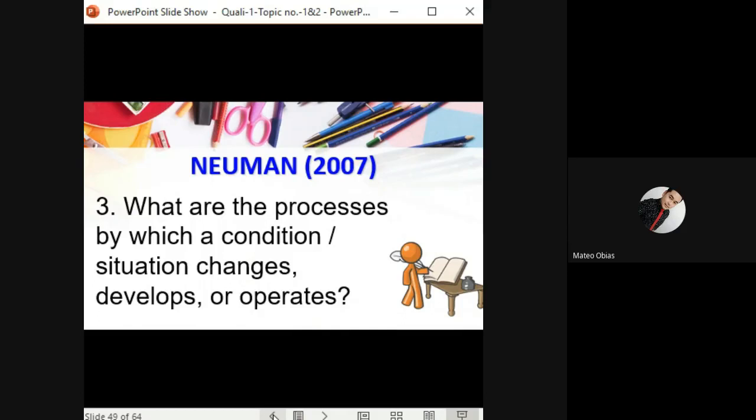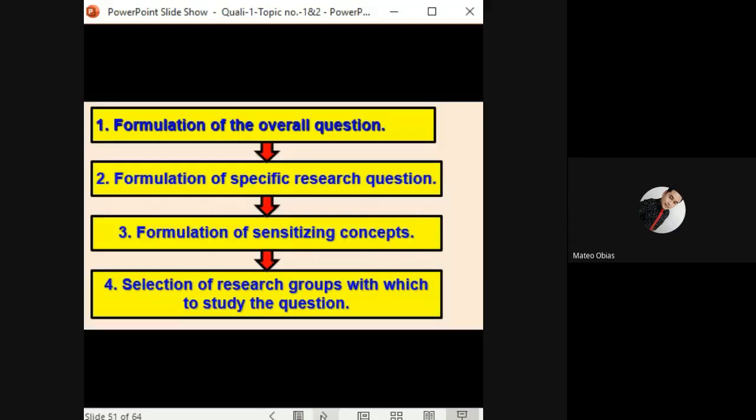And of course, the last one in the learning competency is stating your research questions. But before you can go there, let us go over this research process. Number one is formulation of overall questions. This is what we will follow in making our research. Flick 2002 elaborates on the formulation of the research questions in the research process.